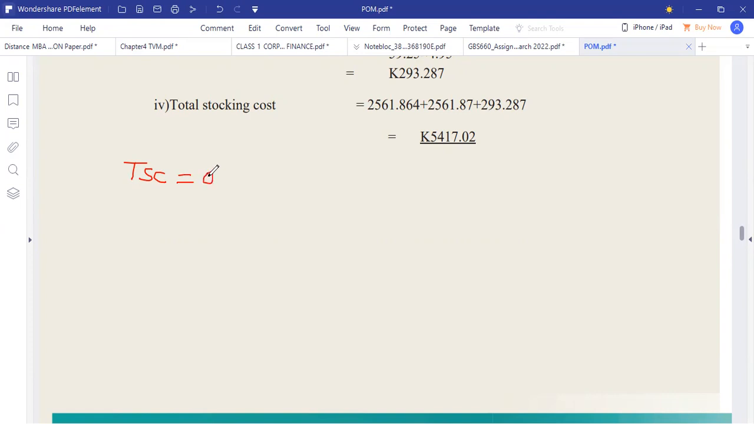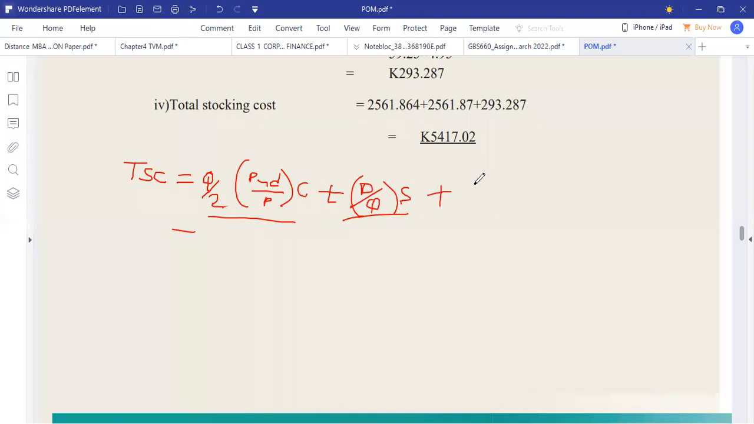Q over 2. That's the formula to go for. Then P minus D over P, then multiply by C, plus D over Q, then multiply by S. So this is the annual carrying cost, and this is the annual ordering cost. So we can just substitute. Now here, plus safety stock